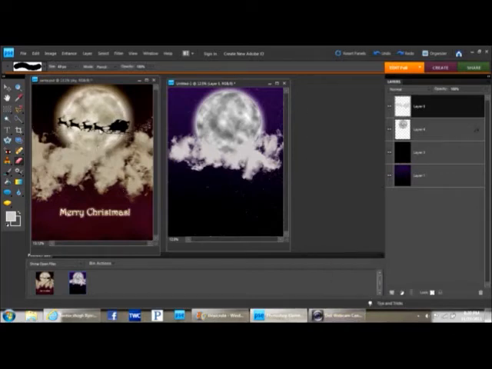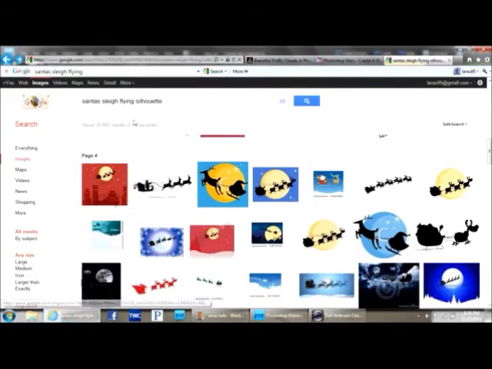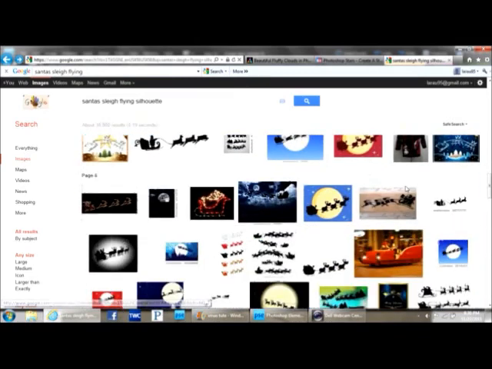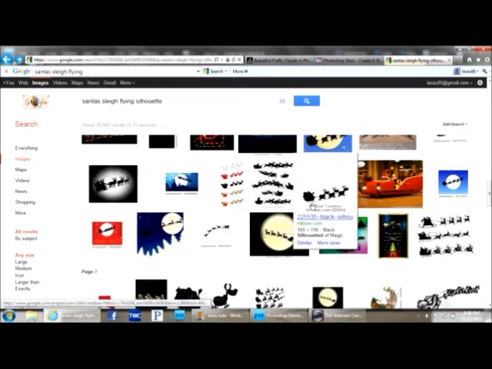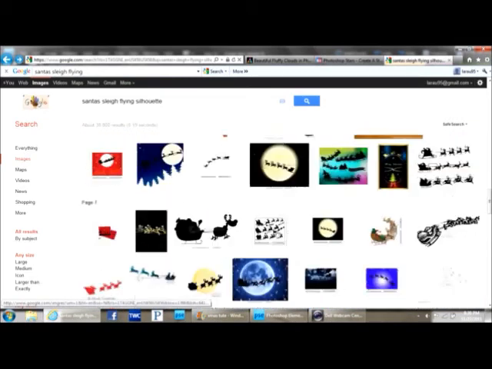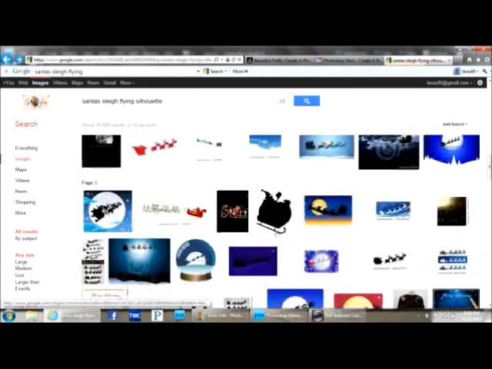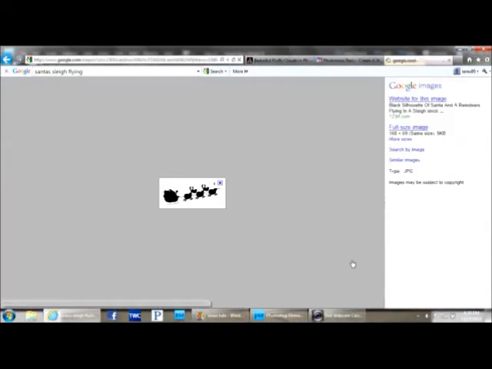Okay, so now you need your Santa sleigh with all his reindeer flying in the sky. And so to do that, I just googled Santa sleigh flying silhouette. I found some that I liked that don't have another graphic or copyright on them, because you don't want to use anything that isn't yours. So I'm going to use this one. It's a little whimsical. You're just going to copy,